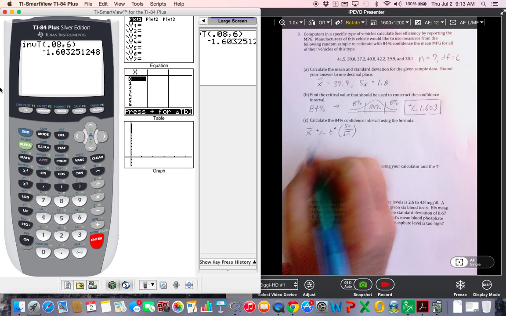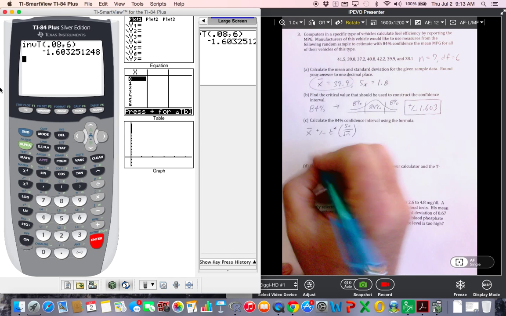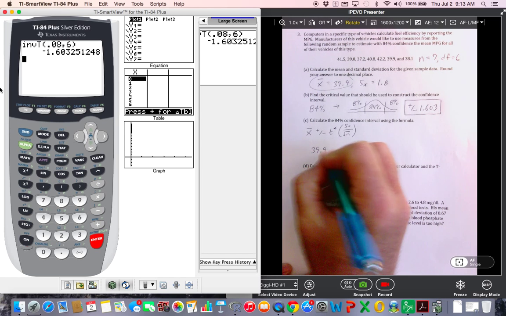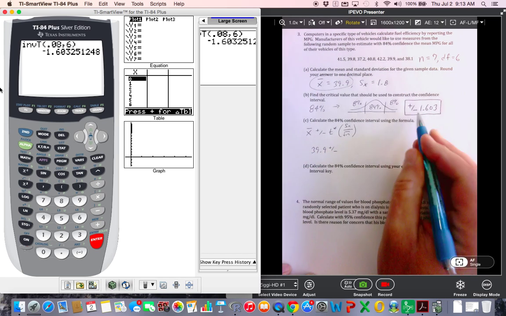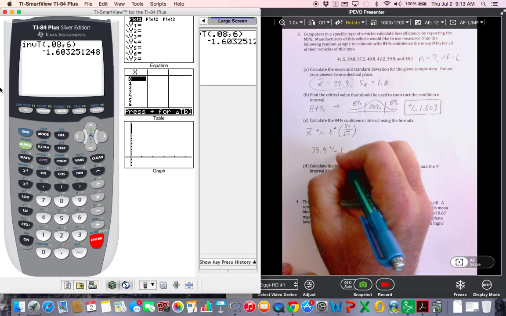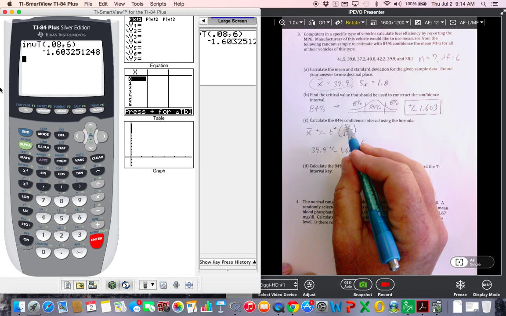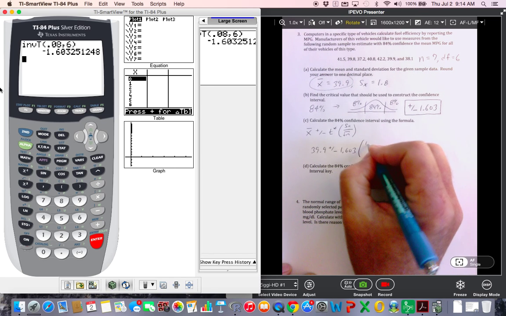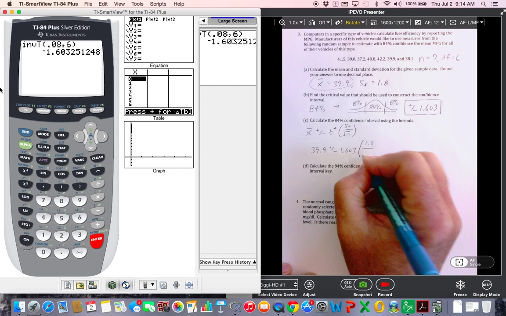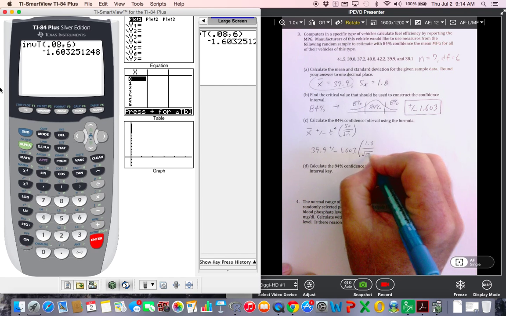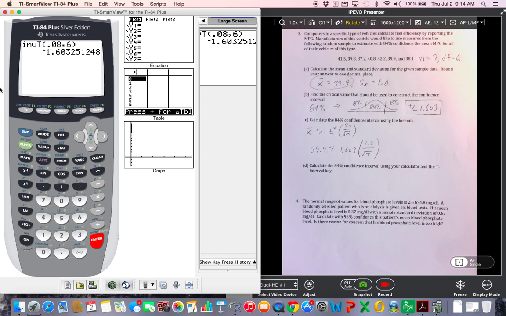So guys, I have a sample mean of 39.9, plus or minus the t critical is 1.603. The sample standard deviation is 1.8, and I have 7 observations, 7 measurements. So if I can put that in my calculator without doing something goofy,